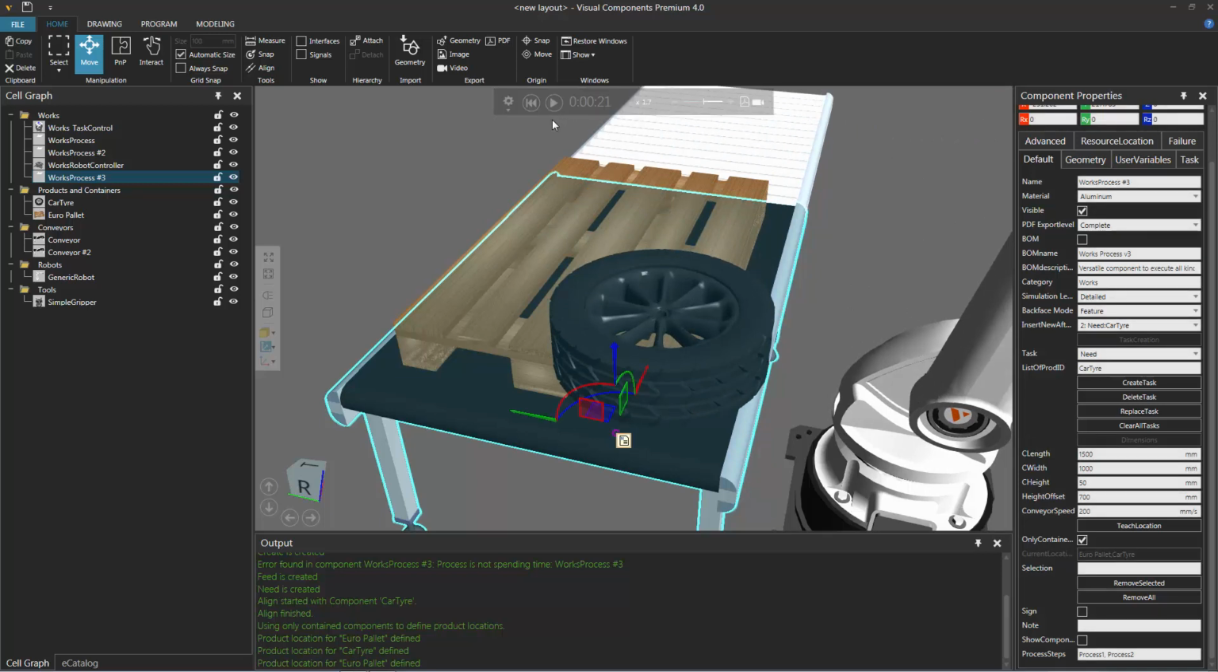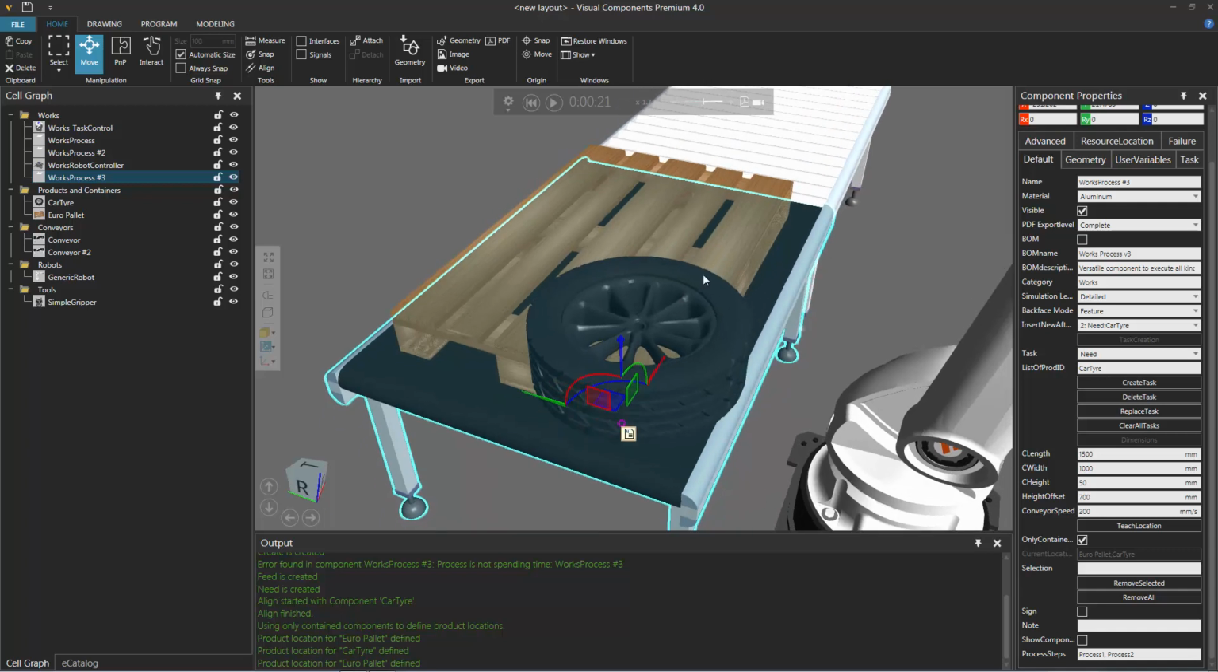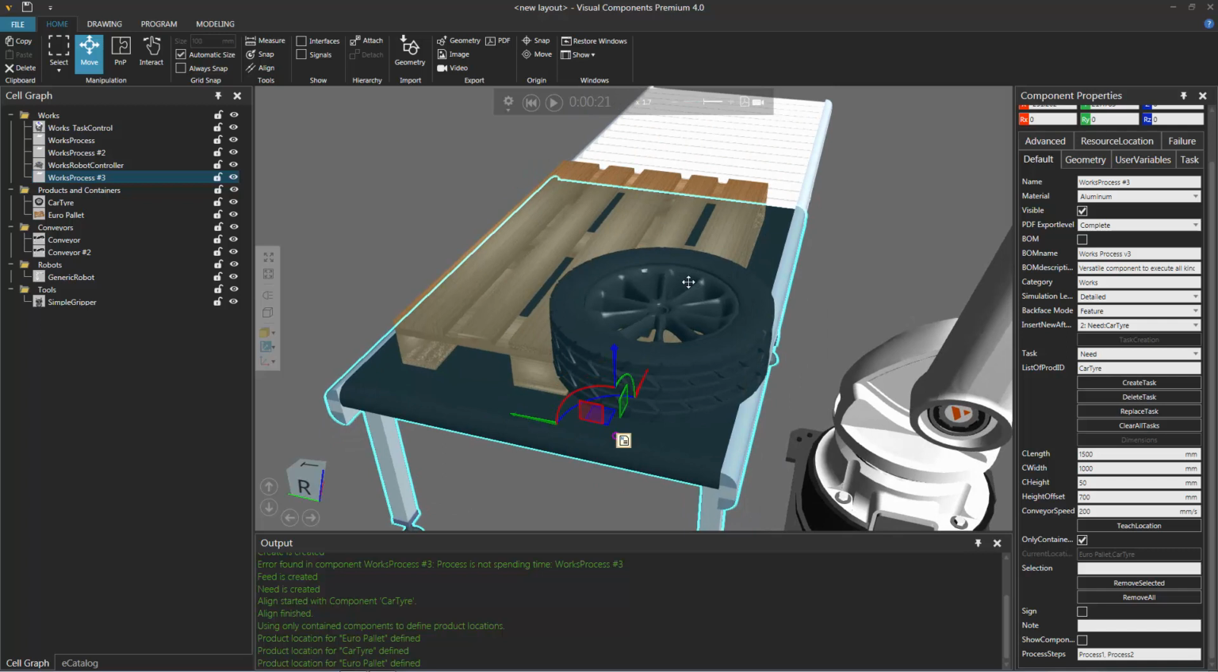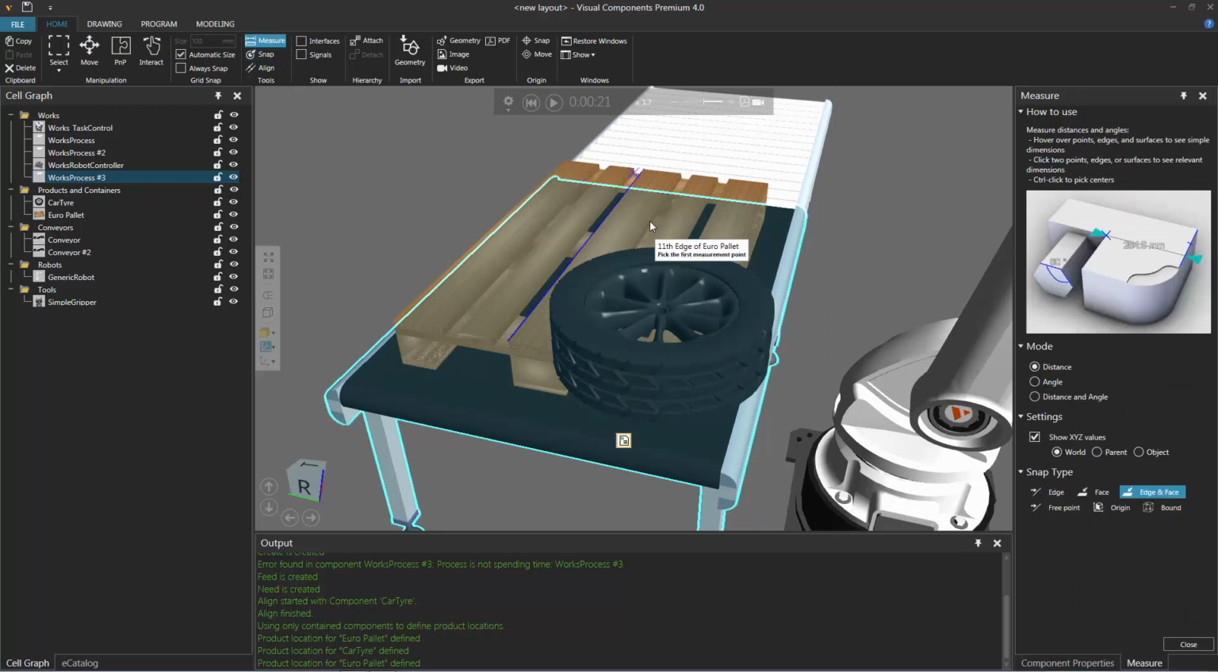And we were able to teach the robot to pick and place one car tire, but what if we wanted to teach it to pick and place more than one car tire? Well, we simply have to change this need task to a need pattern, and then teach the process component what pattern it needs to have. So to do that, let's get the dimensions of this car tire first, so we know what the step size in the X and Y axis are, and also the Z axis to have more than one layer of car tires on this pallet. So I'll go to the Tools group and use the Measure tool,